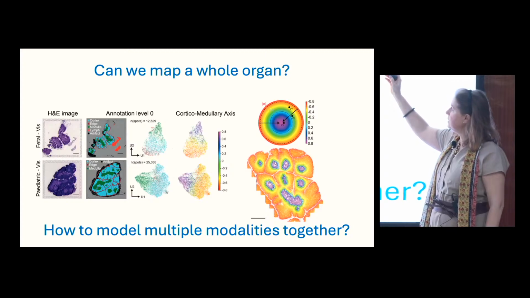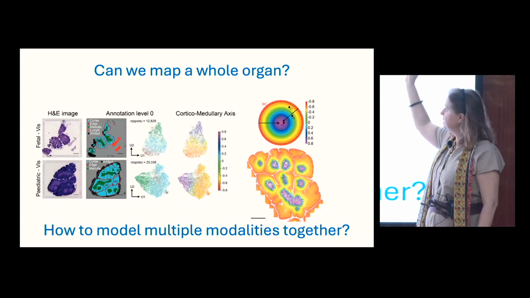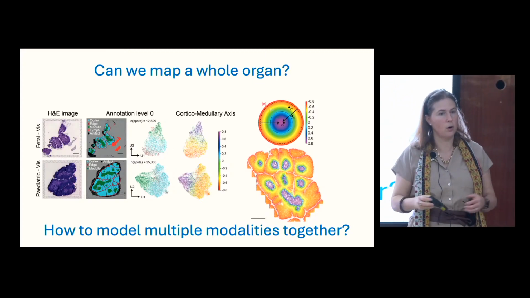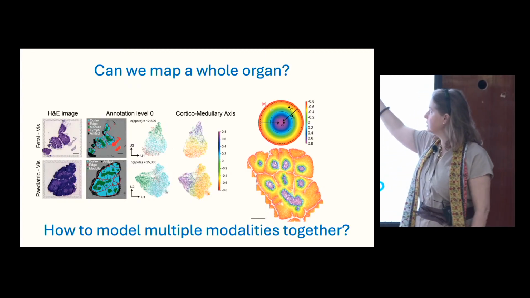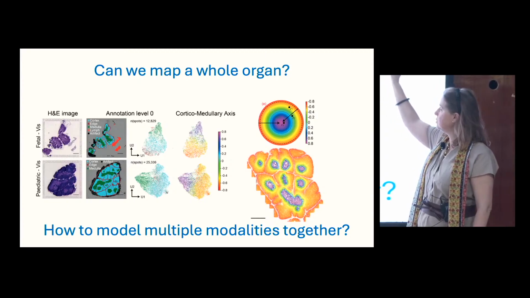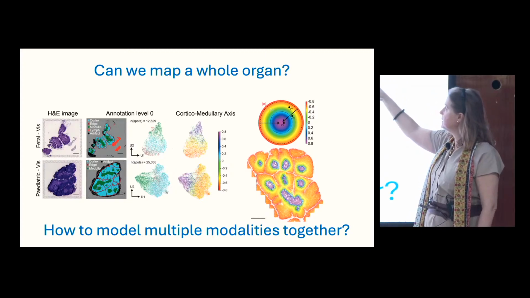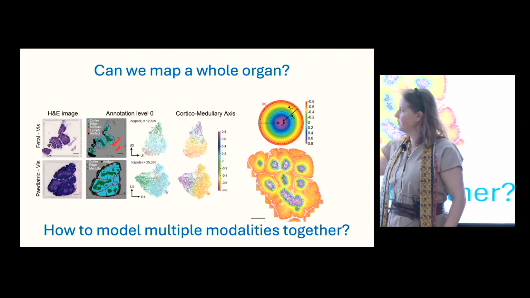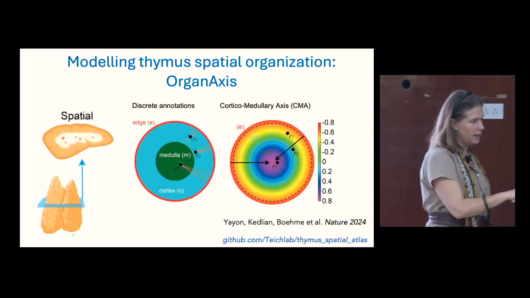And so the idea that Nadav Yayan, who was a postdoc in the group, came up with was to model basically all of the data sets, whether they are suspension, spatial, imaging, and so on, onto a single nonlinear axis, where we have points of reference, landmarks, a few landmarks, basically the outside edge, the corticomedullary junction, then the center, and we basically have a -1 to +1 axis